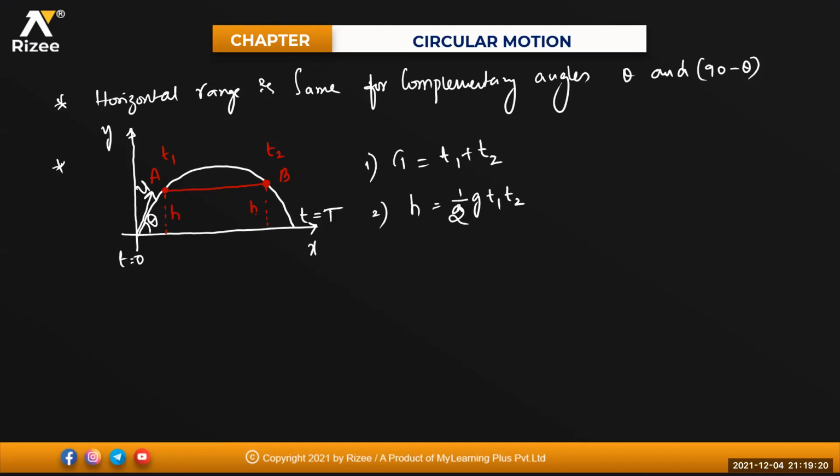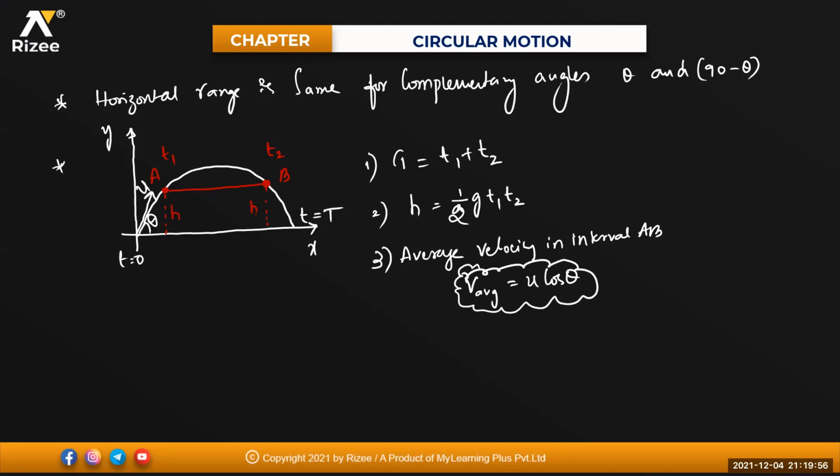Chalo. What will be the average velocity from point A to B, beta? Can anyone tell me? Average velocity in the interval A to B. V average will always be u cos θ because there is no change. What is happening to the vertical component, beta? The vertical displacement will become 0, because when it is going up there is one displacement, and coming back the displacement is in the opposite direction. So vertical displacement is 0, and average velocity will be equal to u cos θ only. Clear?